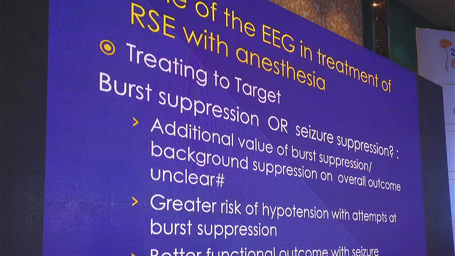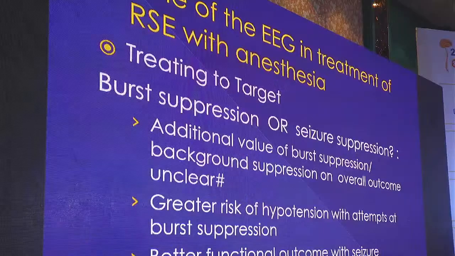But in this paper by Rossetti et al., she found that there is actually a greater risk of hypotension when we attempt to get burst suppression, and there was no additional value of using burst suppression versus just suppression of seizures. So the jury is still out whether you really need to go all the way up to